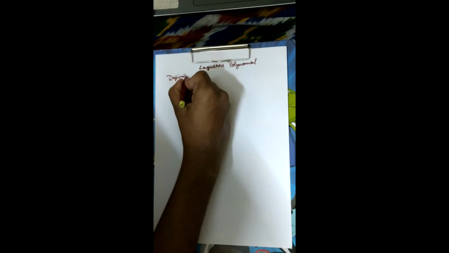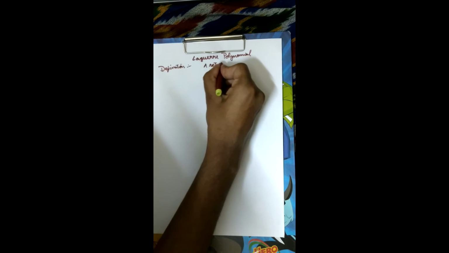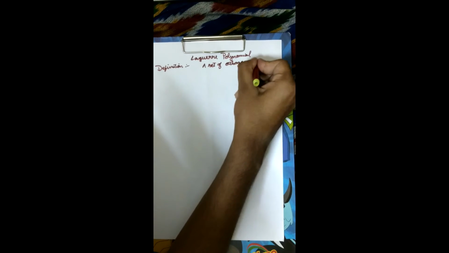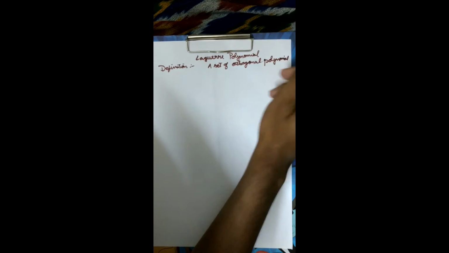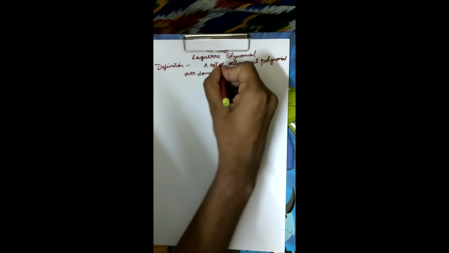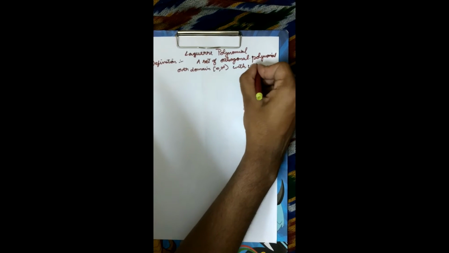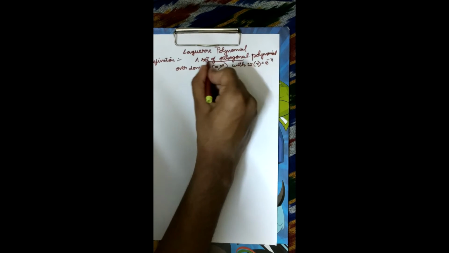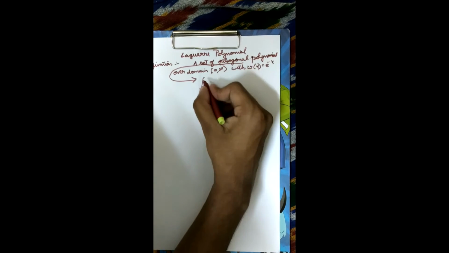Just like Hermite, Laguerre polynomials are also a set of orthogonal functions. Orthogonal polynomials over the domain 0 to infinity with weighting function e power minus x. Just like in the previous case, we'll now see what would be the orthogonal polynomial property for Laguerre.